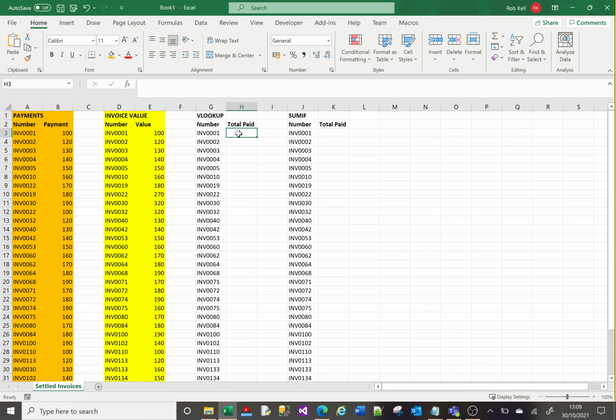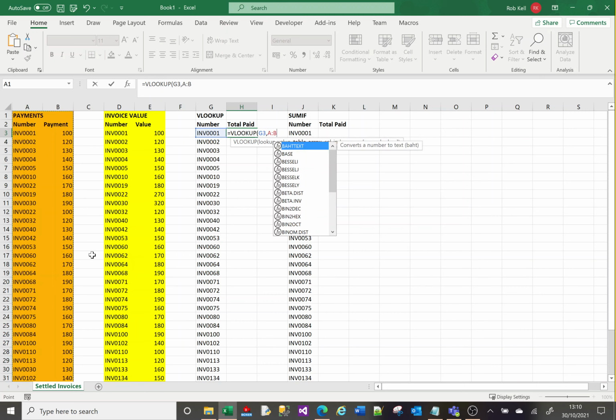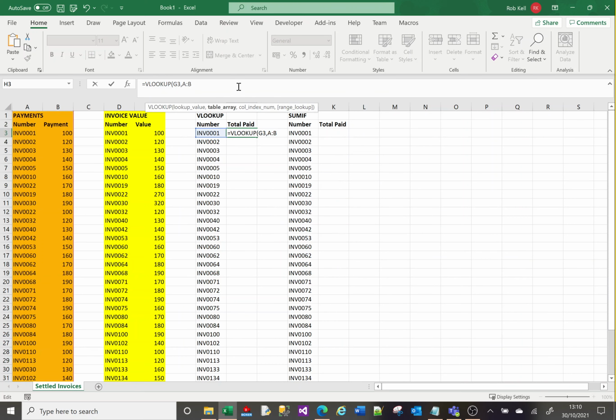But if I just do my VLOOKUP, it says, okay, what is it you want to look up? In this case, I want to look at my invoice number. I want to use my invoice number to get the payment value. So G3 is my invoice number. Then I'll put a comma. Then it says, okay, what's the range you want me to look at in order to return other data? So I want it to look at the payments information here, which is columns A and B. And there it is. Then I'll put a comma,